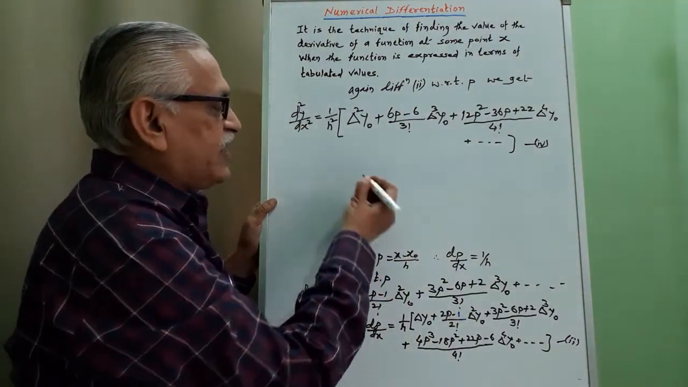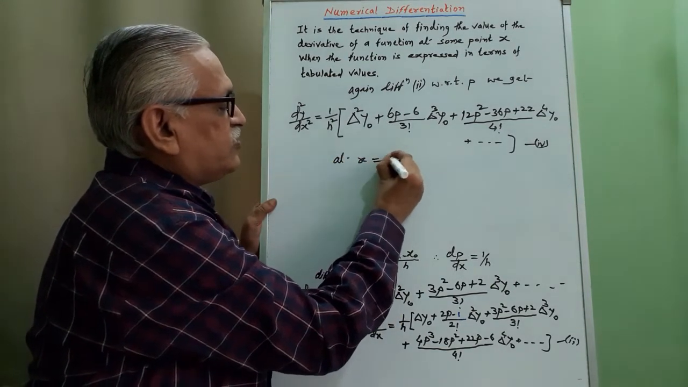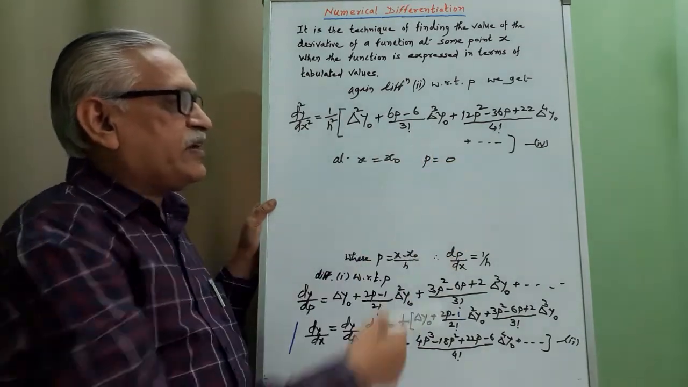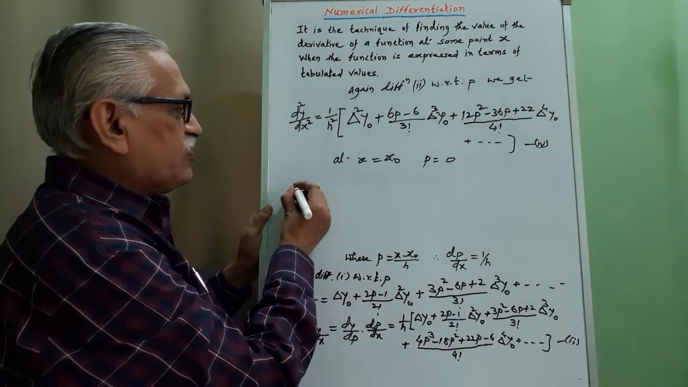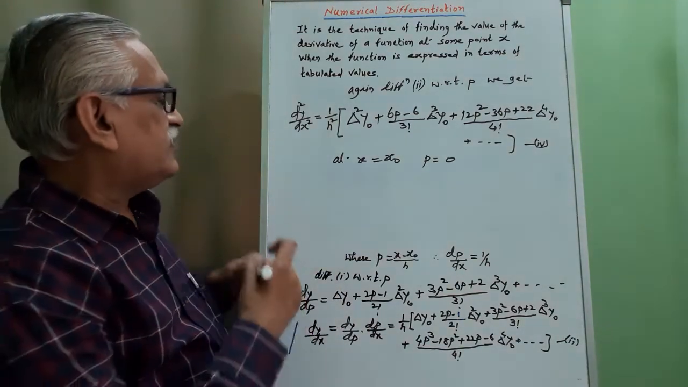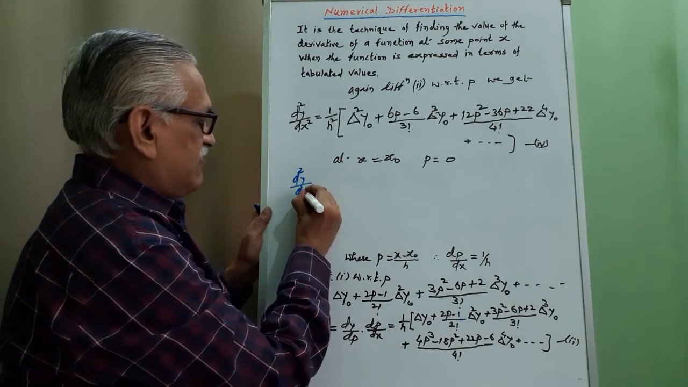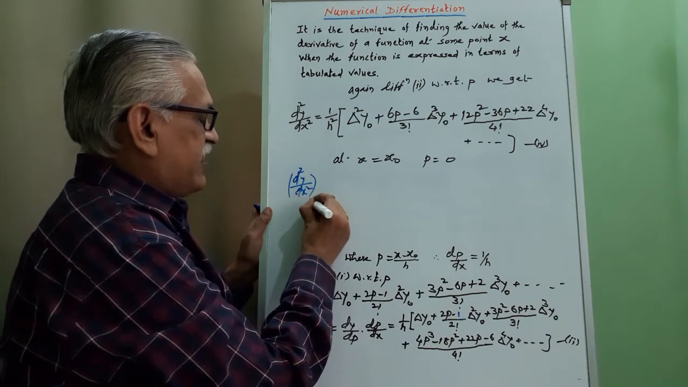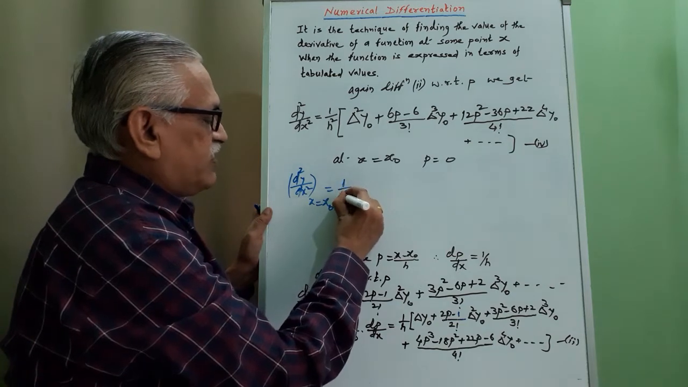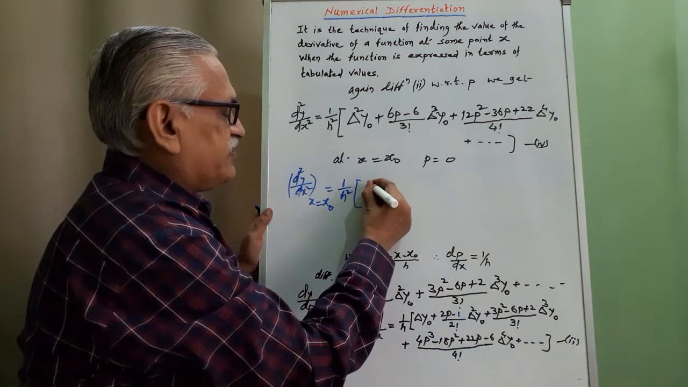Then we try to see the subcase for this. At x is equal to x0, once again we get the value of p as 0, and if we put that value of p as 0, we get one more result, that is d2y by dx square at x is equal to x0 is 1 by h square, del square y0 remains as it is,